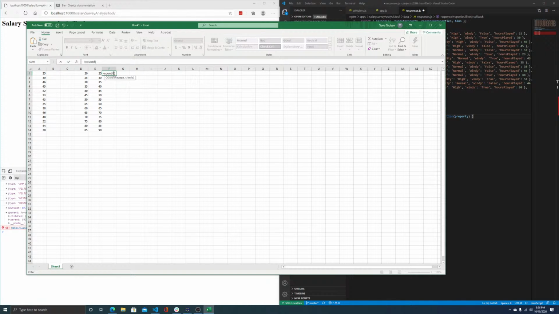COUNTIF. And how am I supposed to check this if I have to check that first? I don't think I thought this one through. I didn't. Range. Criteria. COUNTIF less than or equal